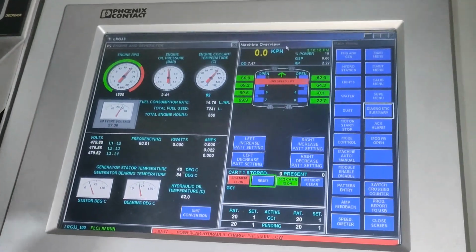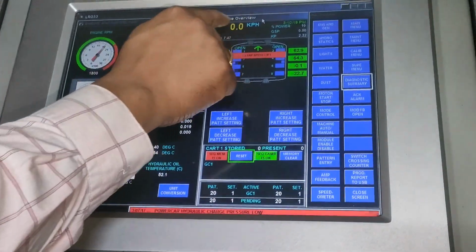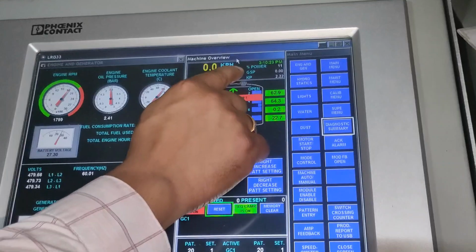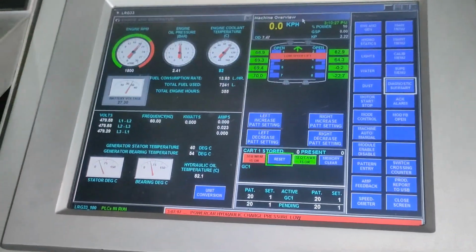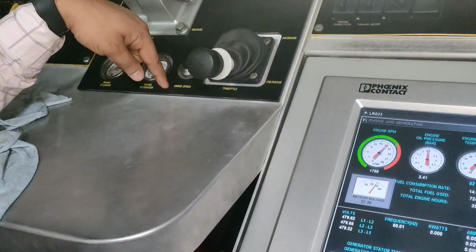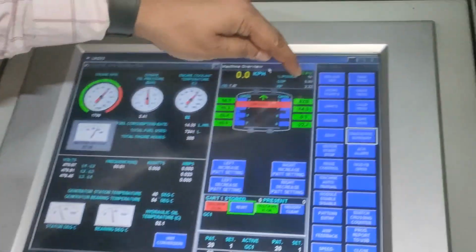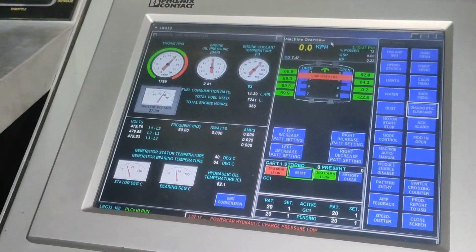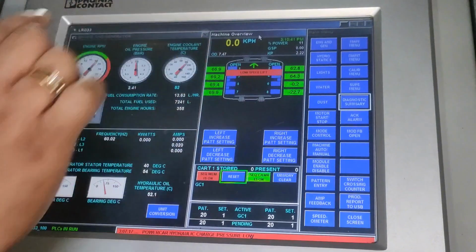Clear everyone? Right. Now since the machine is still, we have got 0, otherwise it will show the speedometer, the time, the power, and the grinding speed potentiometer. This is the GSP, the grind speed potentiometer. From here we can set the grinding speed, and when we are setting it, we can see over here what value is coming. Clear or not clear? Here we are moving, and the value will be changing over here.